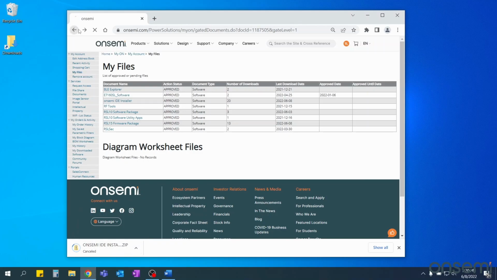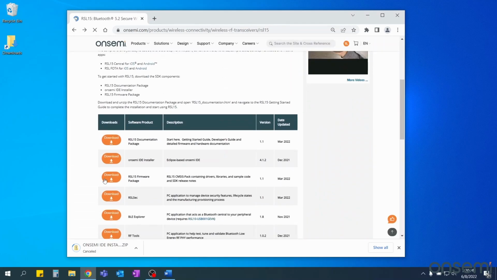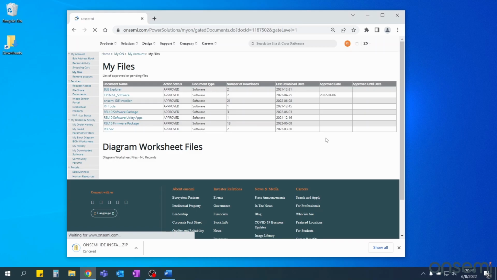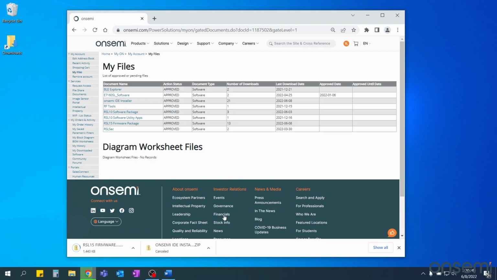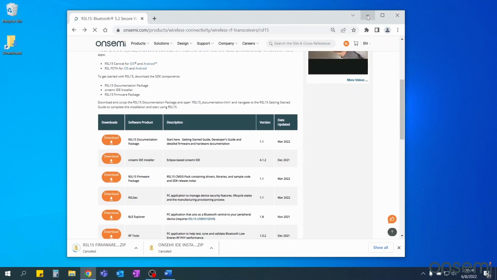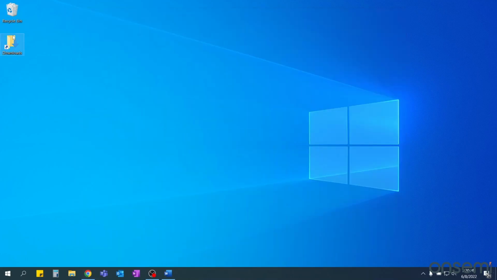If we go back to the RSL15 homepage, we can then select the RSL15 firmware package to download. Same thing, if you're not already logged in, it will ask you to. It takes you to your My Files page where it will begin the download automatically. Again, I'm just going to hit cancel because I already have this. Once we have all that downloaded, we can leave our browser, open our downloads folder,